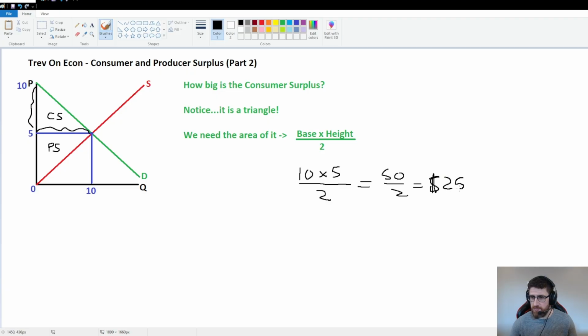Okay, consumer surplus is measured in dollars. Most teachers won't take marks off for that, but it's good to at least have. All right. And we can continue that. We'll do the same thing